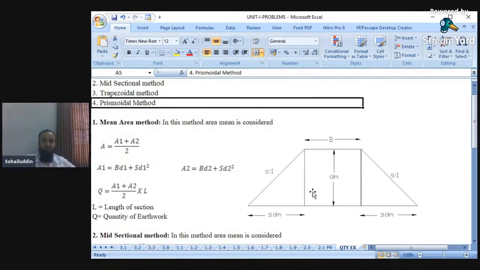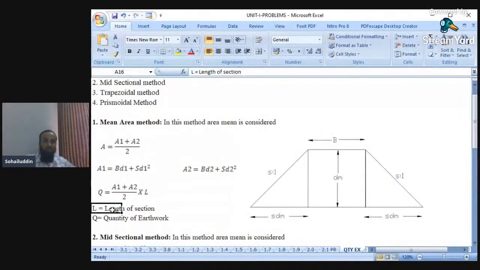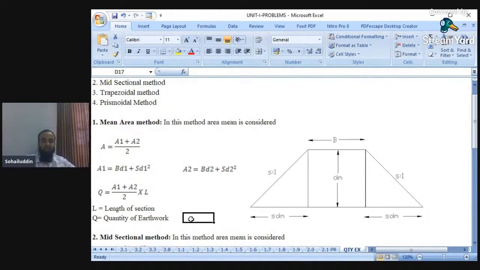In kilometers or meters, we have the third dimension as the length of the road. So the third is nothing but the length of the section, or length of road. Area multiplied by length of road is the quantity or volume of the earthwork in excavation,